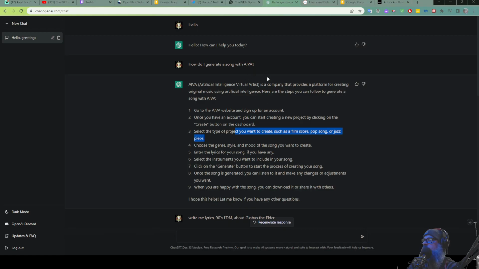And then, okay, so now we're into the stuff that I was talking about. So we're going to click on EDM. And then our choices are the party emoji and the